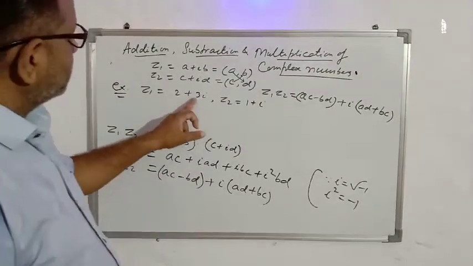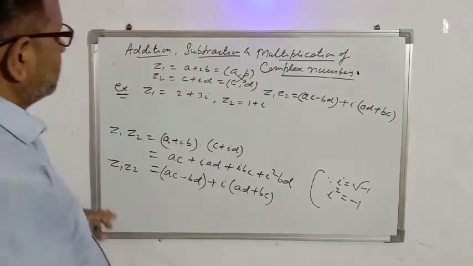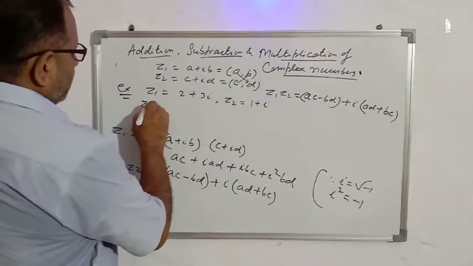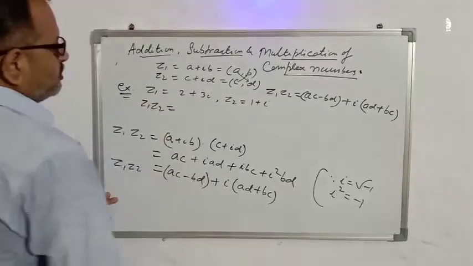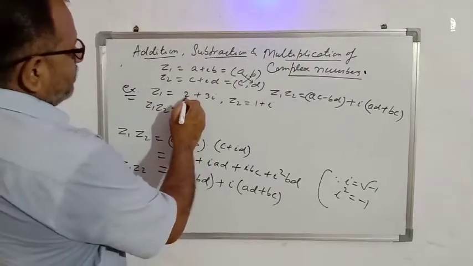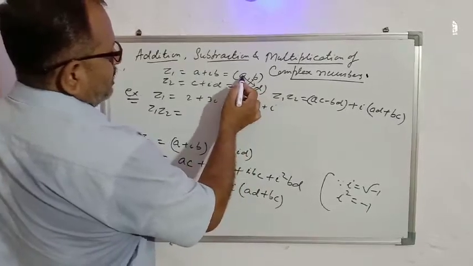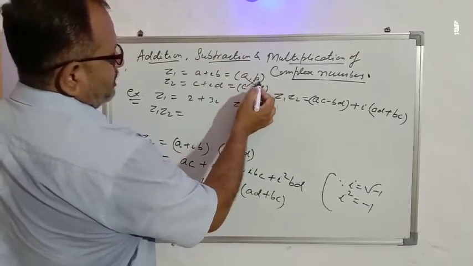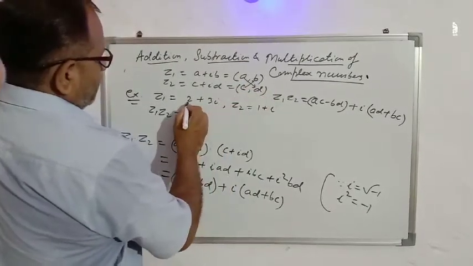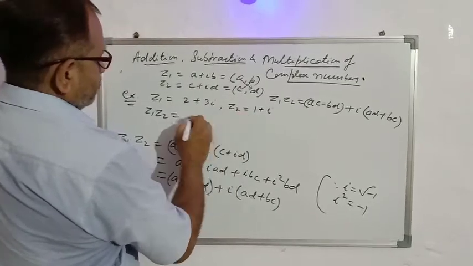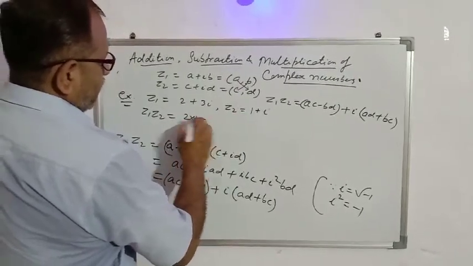Z1 is equal to 2 plus 3i, Z2 is equal to 1 plus i. How can we multiply Z1 into Z2? Firstly, we will multiply real part to real part minus imaginary part to imaginary part. So real part is 2, real part is 1. So 2 into 1 minus